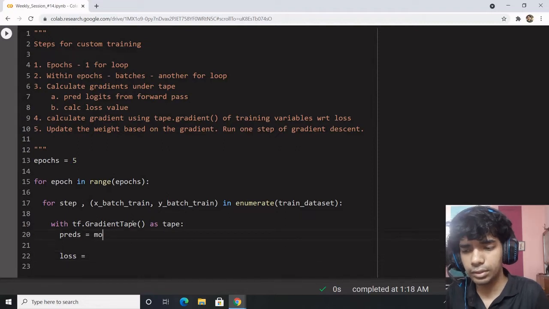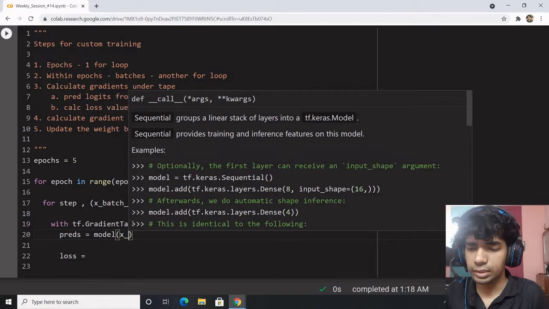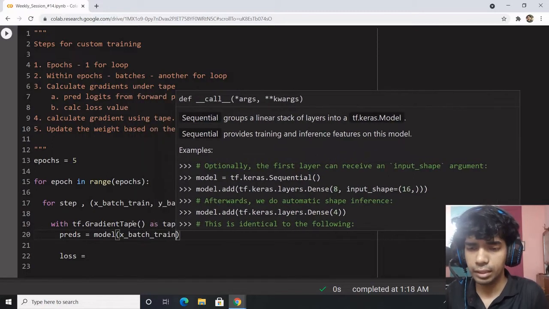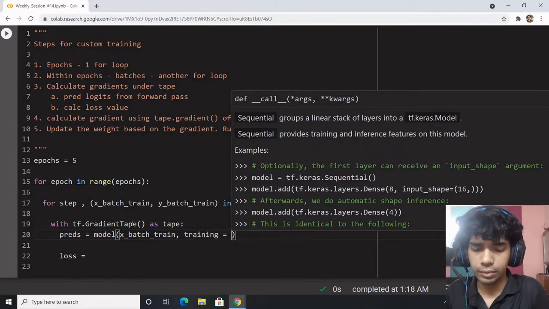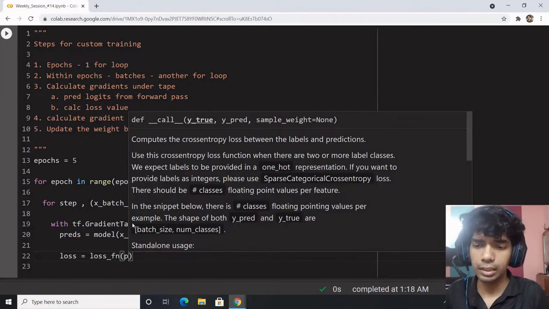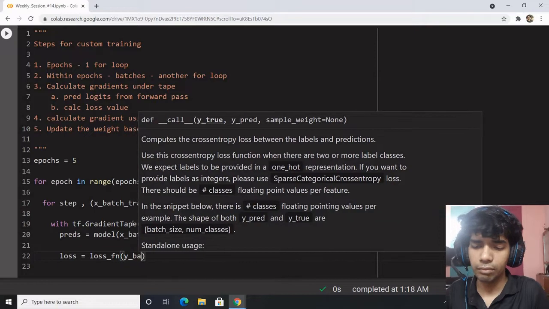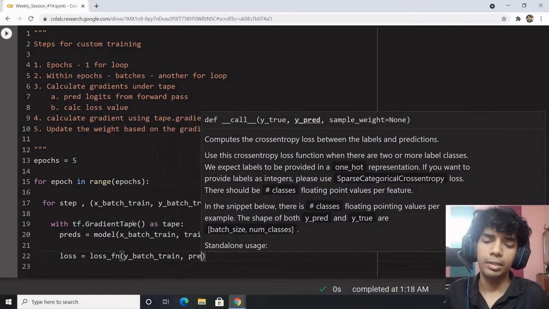To obtain the predictions, you'll call the model, pass in the data, which is x batch train, and set training equal to true. Loss would be loss function, wherein you pass the y true, which is y batch train, and the predictions.